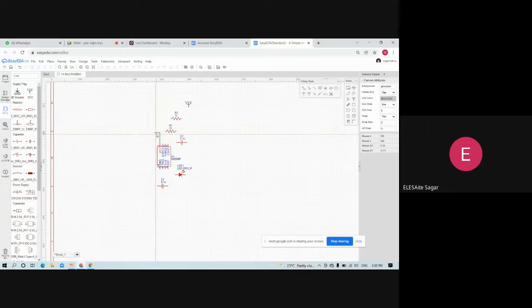For connecting two components, you can choose wire from the wiring tools. Otherwise, you can simply click the terminal of the components.